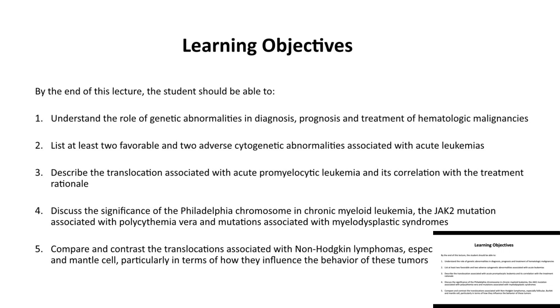and especially some of the favorable and the unfavorable abnormalities associated with acute leukemias. We will also focus on some very specific mutations, particularly the translocation associated with acute promyelocytic leukemia. We'll also be discussing the role of the Philadelphia chromosome in chronic myeloid leukemia, the JAK2 mutation in polycythemia vera,